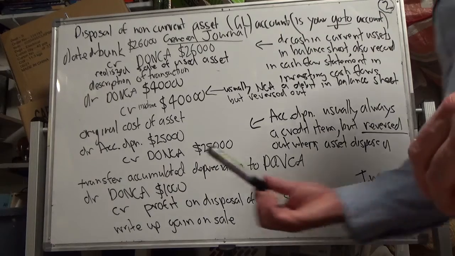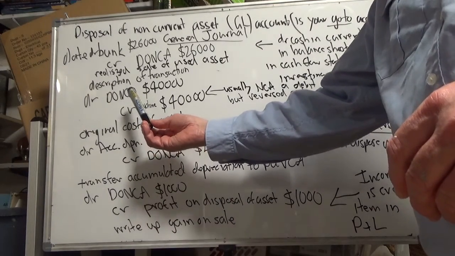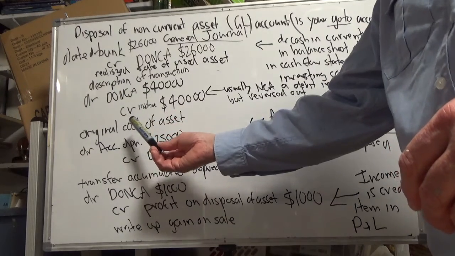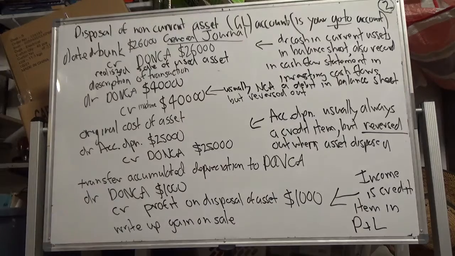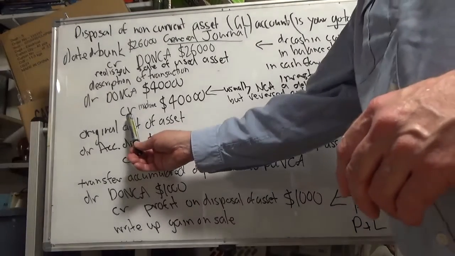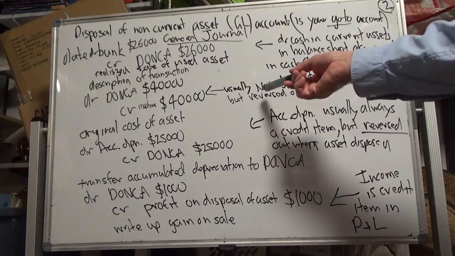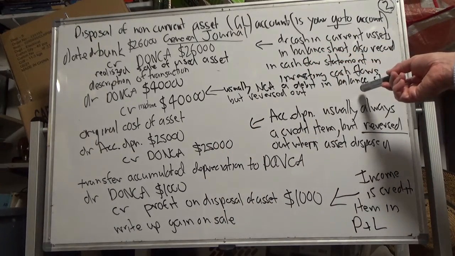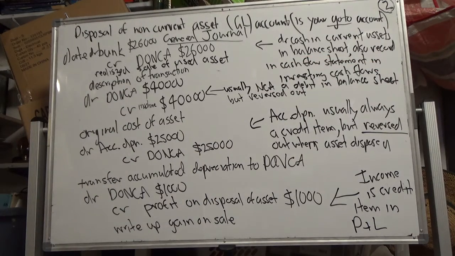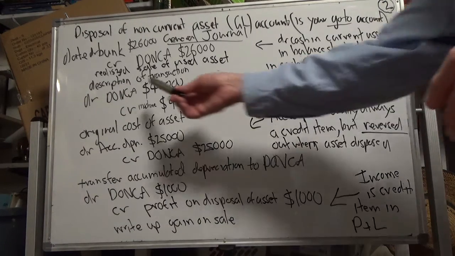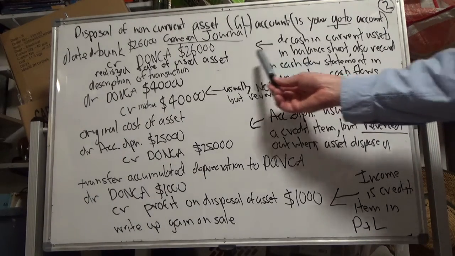The second general journal entry is just a description. It's when you've got to adjust the non-current assets. So you credit machinery, $40,000. Usually non-current assets is a debit in the balance sheet, but it has to be reversed out, and you debit DONCA, right? Just getting back to the first one,